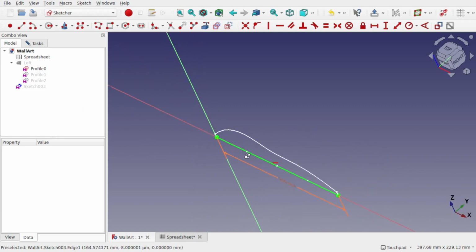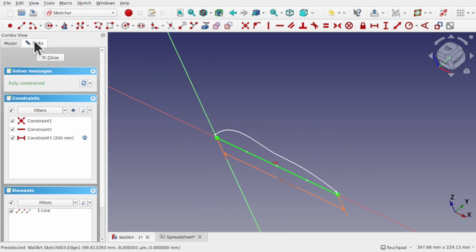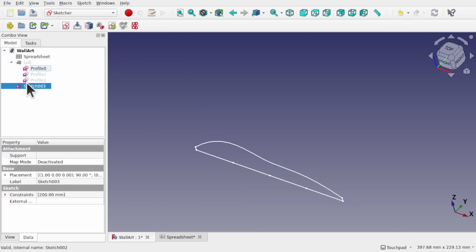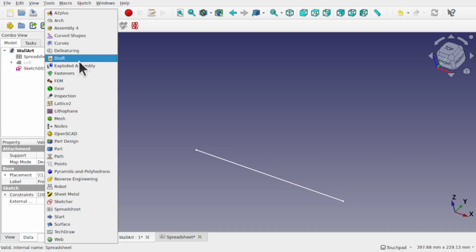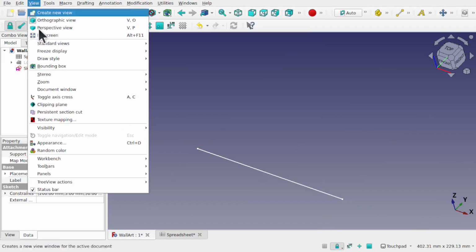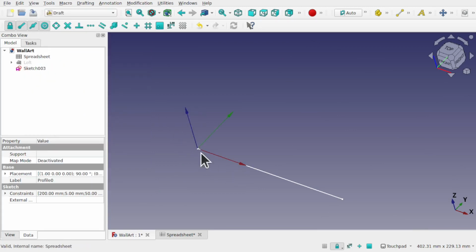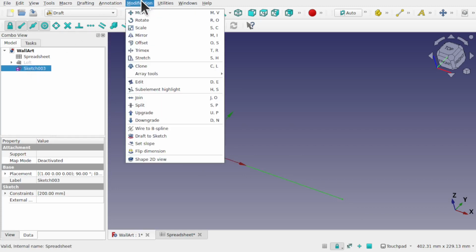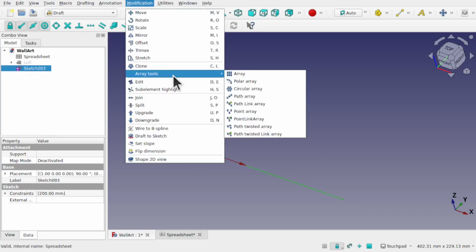Now we've added that, I'm going to create an array of these lines going this way. To do that, I'm going to exit the sketcher, clicking on task, hit close, and I'm going to hide that profile of that loft, so just have the line. Let's use the draft workbench, and in here it has a number of arraying tools. I'm going to turn the grid off and come up to view, toggle axis cross, so we can see where the axis is. Click on that sketch, come up to the modification, and we're looking for the array tools, and